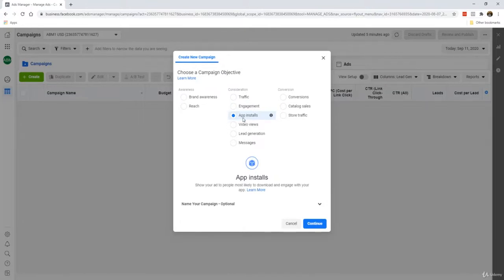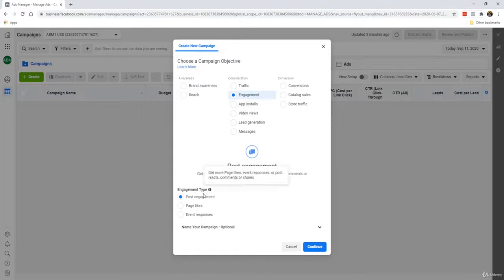Okay, this is not applicable unless you're doing apps. Oh, let me just backtrack a little bit. Okay, there's this thing called post engagement, where you get people sharing and commenting and all that. Now again, this is probably my third distant campaign objective. But if you're running a restaurant and you're doing promotions, then doing an engagement post would make a lot of